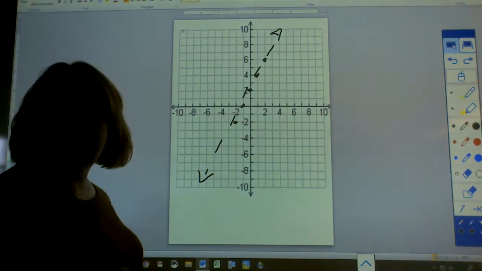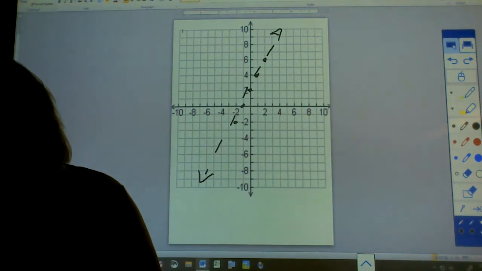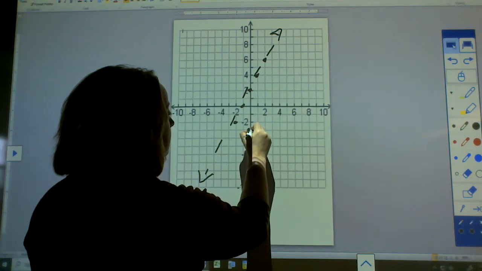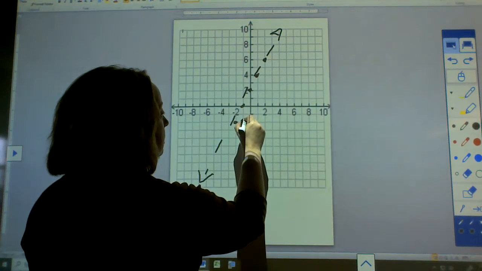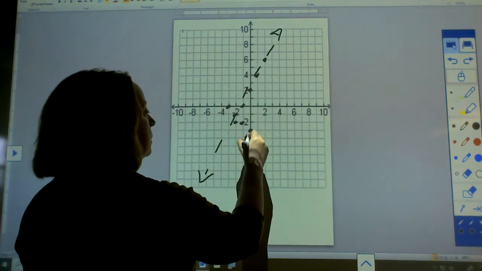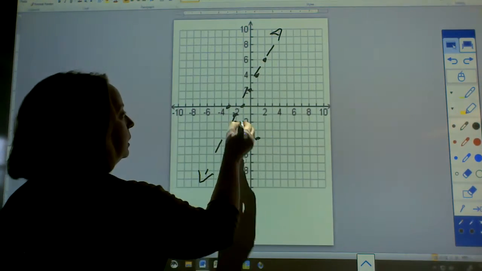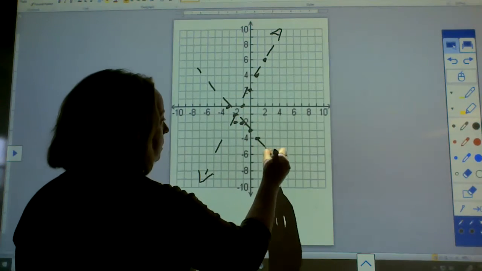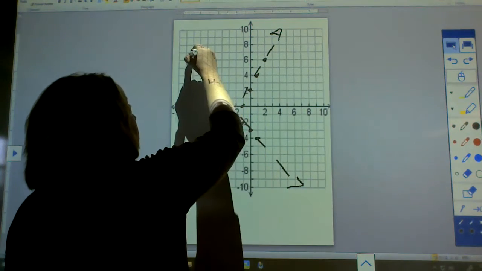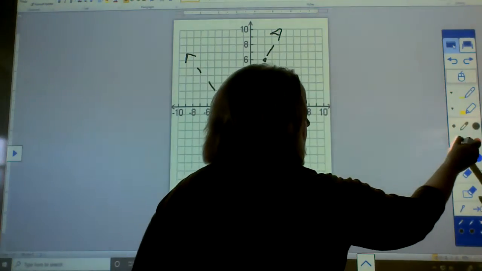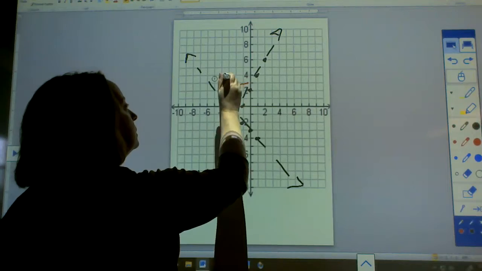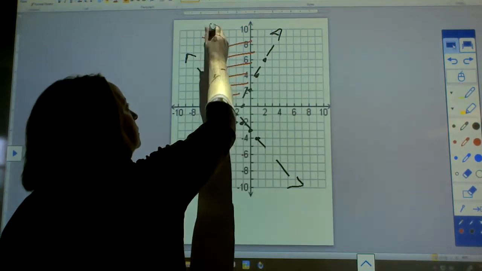There's your first line. And then the next one, I'm going to go down here. And I'm going to graph that one. And the line is dotted. And the shaded region is going to be right here